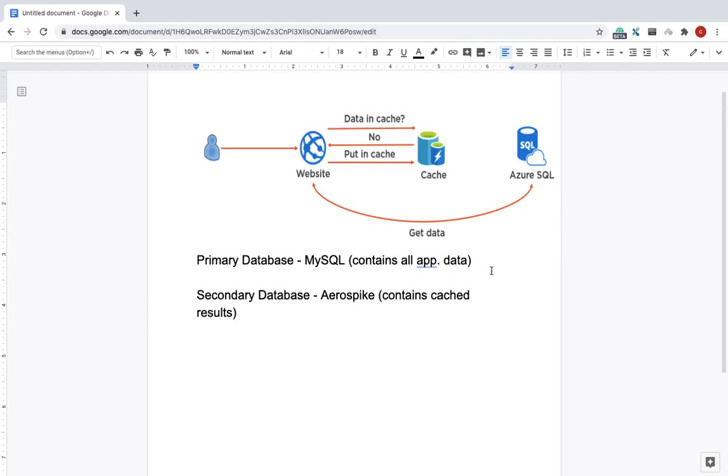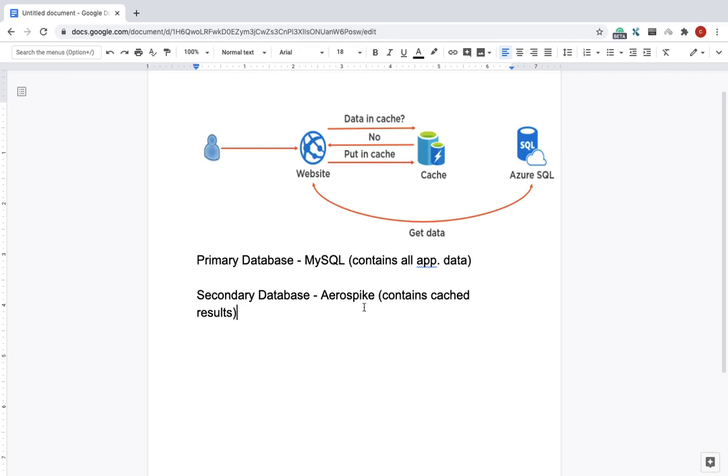So if you have an API which takes a considerable amount of time to run the processes in your service layer or to query the primary database to search for results, but the response of your API does not change frequently with time. So for a certain interval of time, let's say 2 hours, all the users get almost the same response. So you can cache the response of your API for this interval.